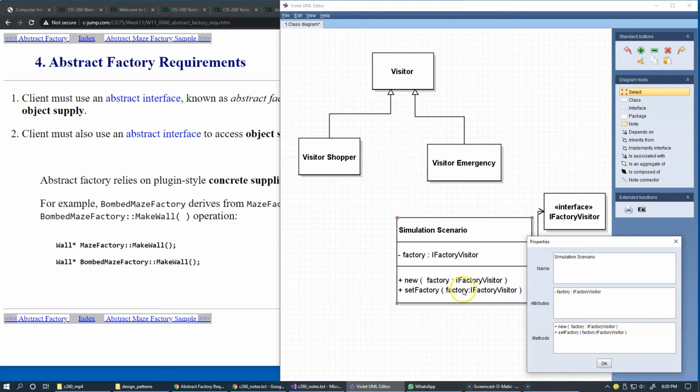And once this setup is ready, either by using the constructor or using the setFactory method, we can now create visitors. So this will be an operation available here that I'd like to call createVisitors. And you see that the parameter here simply will be a visitor count. So how many visitors would you like to create? So the simulation scenario allows me to generate visitors,